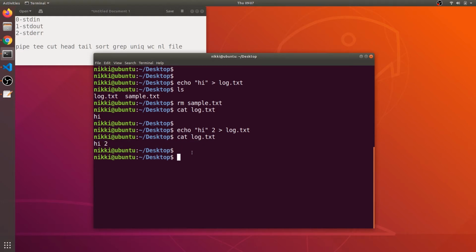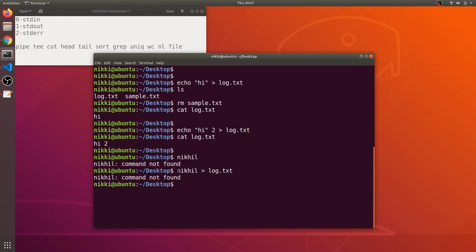Okay, now let's see an error message. There is no Nikhil command, right? Obviously there is no Nikhil command in the Linux operating system. So if I hit enter, it says Nikhil command not found, right? Now what I want to do is redirect this to the log.txt file.